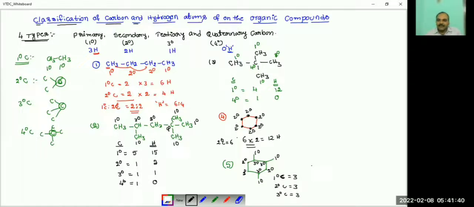Then how to find the hydrogens? Each primary carbon atom contains 3 hydrogens, 3 carbon atoms, 3 threes are 9, and the secondary are 6. And tertiary carbon contains a single hydrogen. 3 tertiary carbon atoms are there, so that is 3. And the next one,